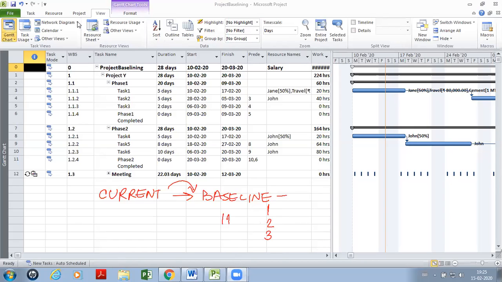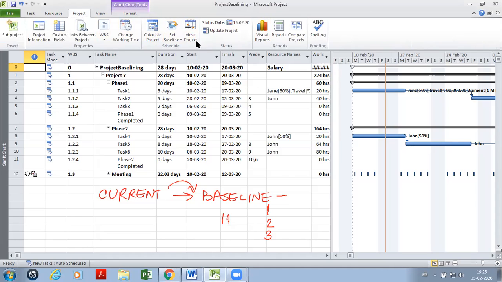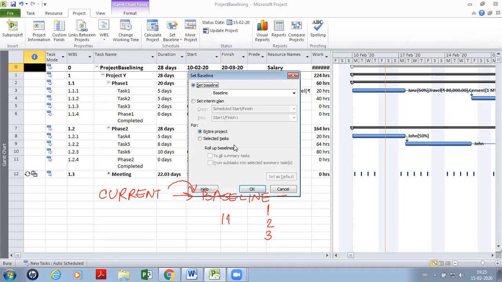We also have the option, once again back to the Project tab, and once again back to Set Baseline, of setting an interim plan instead of a baseline. In the interim plan, you would be copying just the start date and the finish date. So the current start and current finish dates, and dates only, will be copied.